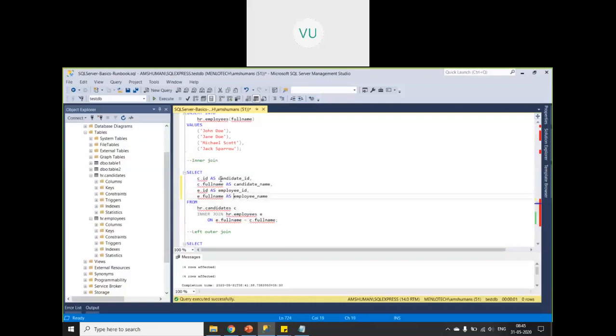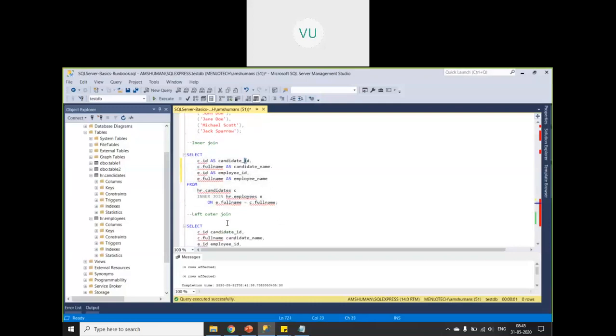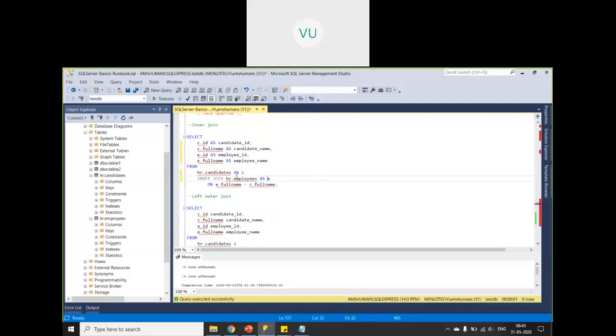So c dot id, you are selecting c dot id. Why are you saying c dot id? Because there are 2 tables and you have already mentioned aliases for your tables, and with this alias, you are selecting the column names. So c dot id you want, c dot full name you want, e dot id, e dot full name, all the 4 columns you want, but you are mentioning alias names here.